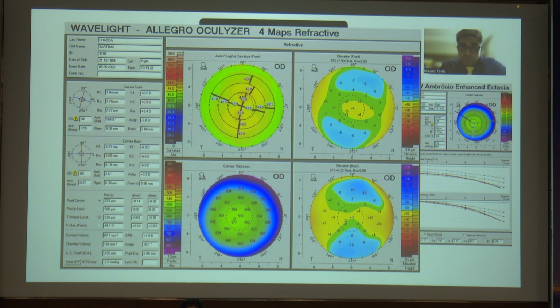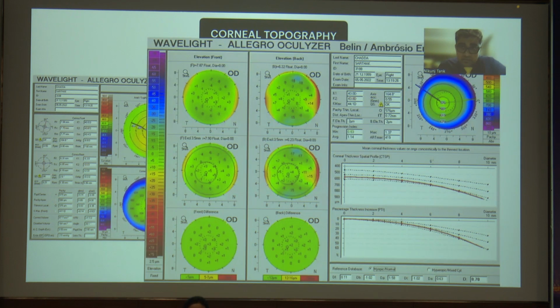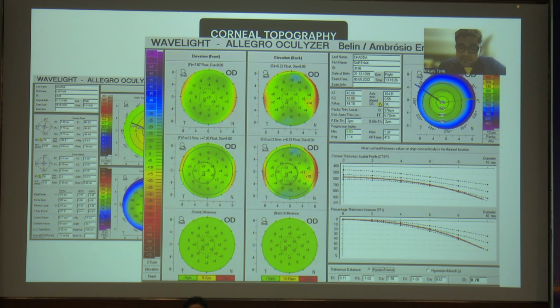But it's important to look and screen at the area of posterior elevations. We need to look at the posterior elevations, then anterior elevations, then look at the corneal pachymetry and keratometry values. Here everything appears normal and this patient is clear for refractive surgery planning. And also look at the Berlin Ambrosio enhanced ectasia display, which helps us to look for any ectatic conditions like